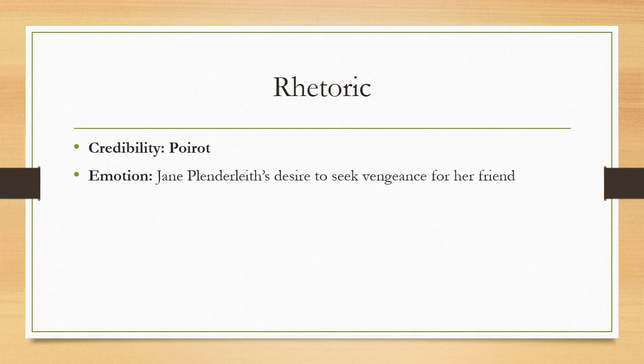How about emotion? This story is charged with emotion. Jane Plenderleith, the woman who altered the crime scene, wants to seek vengeance for her friend. And in the final dialogue between her and Poirot, which is the most important part of the story, which is the part you'll probably either agree with or disagree with when you render your critique, your judgment,